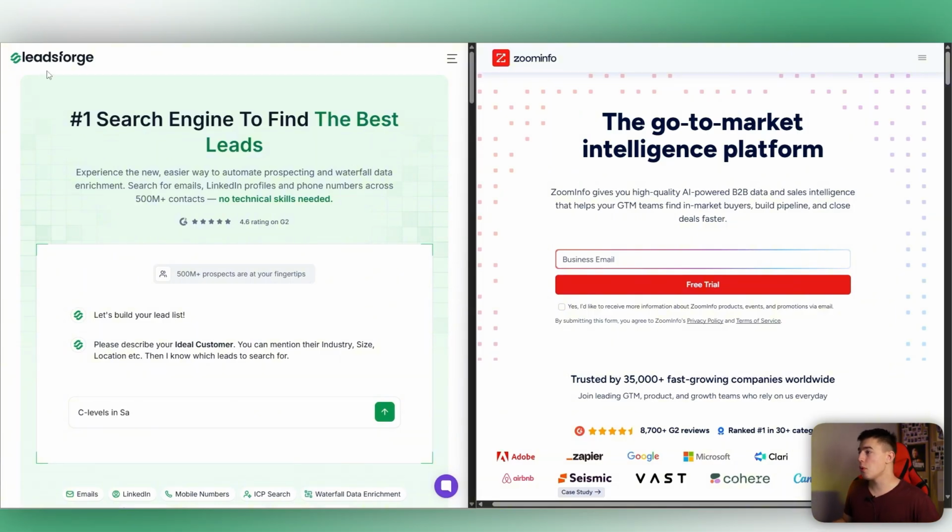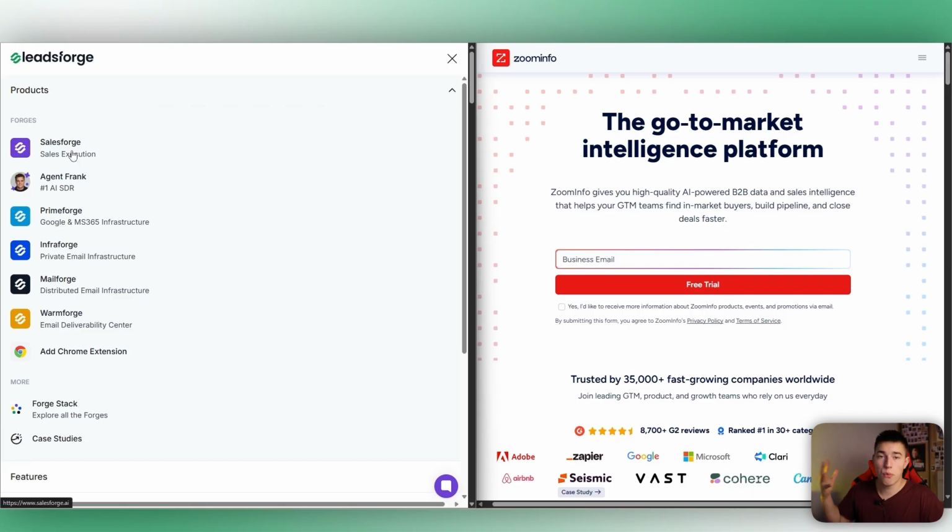But the thing about LeadsForge is that it's just a lead database. You go to it, you get leads, you get out, you push those leads to your CRM, to your sequencer like Salesforce, Smart Lead, whatever it is, and you do outreach. Now, ZoomInfo is built to be an all-in-one solution. LeadsForge can be similar because it's part of the Forge stack, but it doesn't lock you in to use